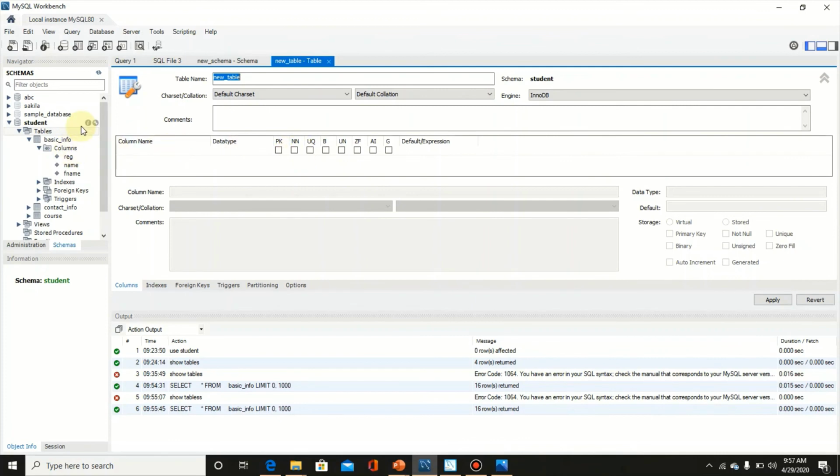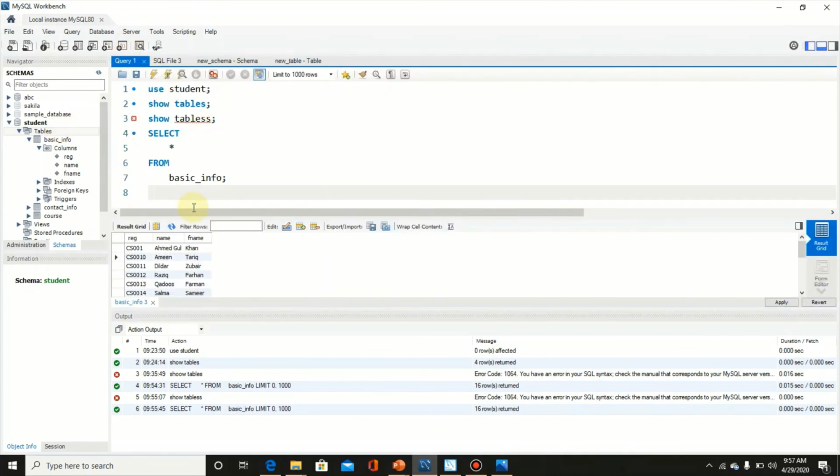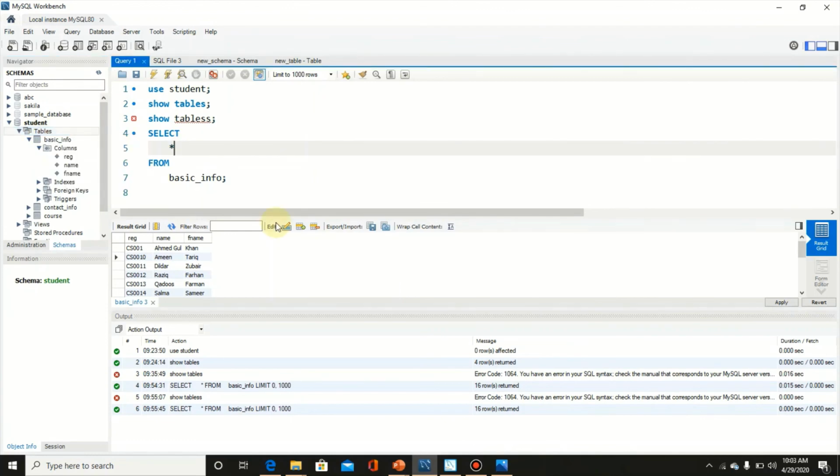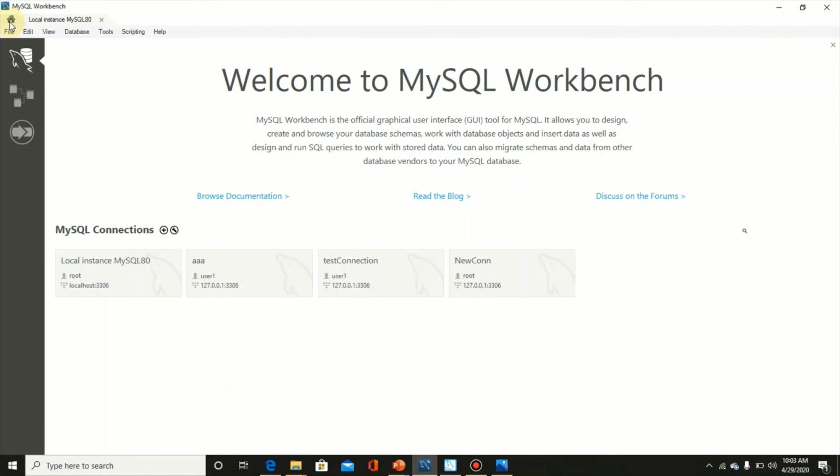We can also create tables in code. Usually you will see in the lectures that we will use create queries for creating tables. So for table creation we will type some queries here instead of using this facility of create table. Going back to the home tab, the data model lets you